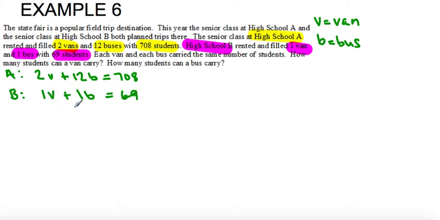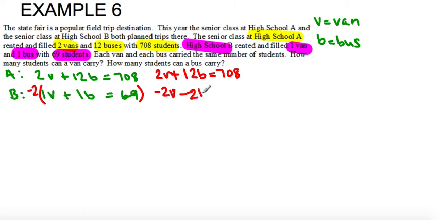Okay, so it looks like elimination is the easiest method to use here. And what I'm going to do is eliminate the V's, the vans. So I'm going to multiply the bottom equation by -2. Top equation stays as it is, so we have 2v plus 12b equals 708, and then we multiply -2 to the bottom, so we have -2v